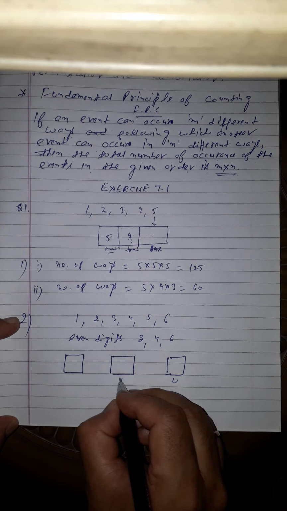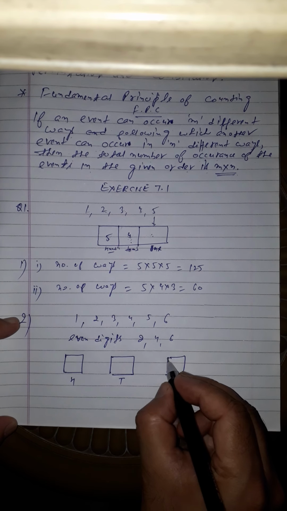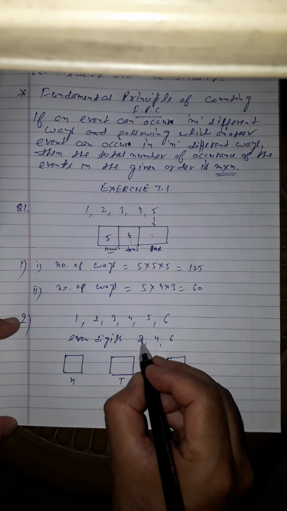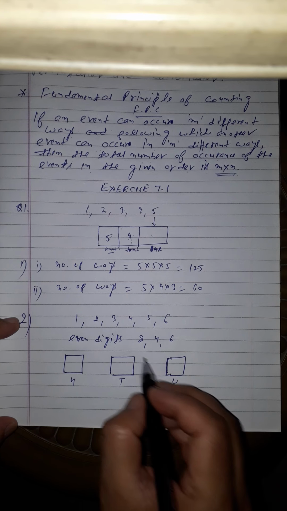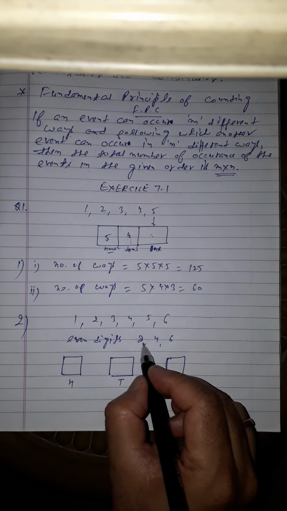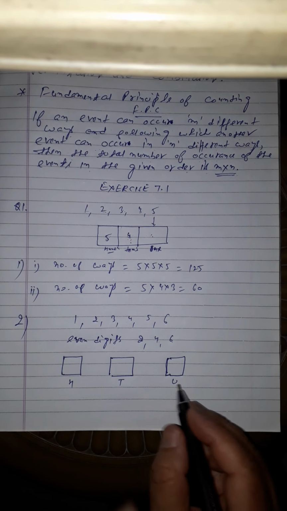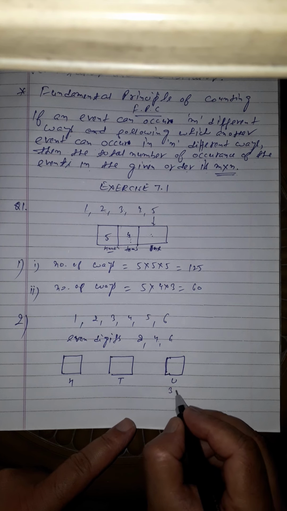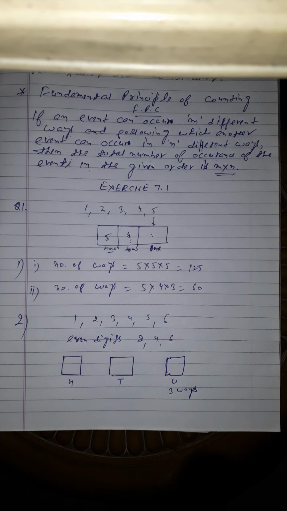This is at the 10 place, this is at the 100 place. Right students? Now because we have the 3 even numbers there, 2, 4 and 6. The digit that we can use here, because at the unit place, if we have to form an even number, we have to use 2, 4 or 6. Right students, there are 3 ways there. Either we can use 2, 4, or 6 here students.